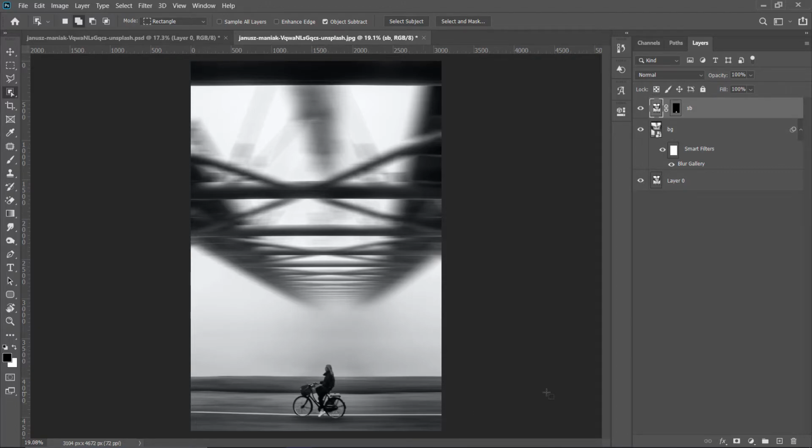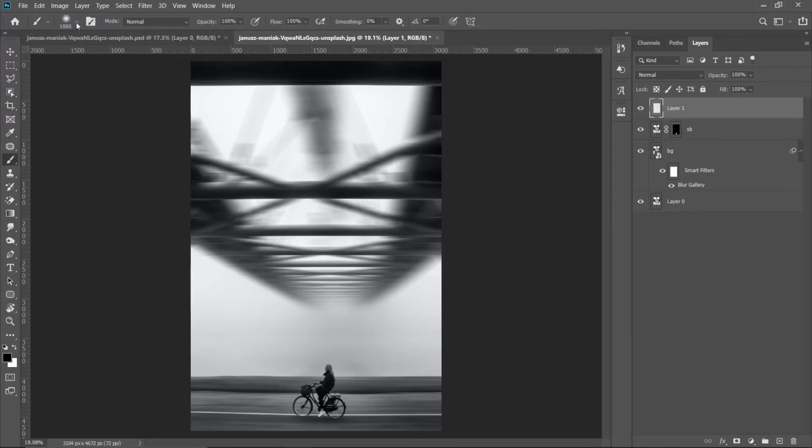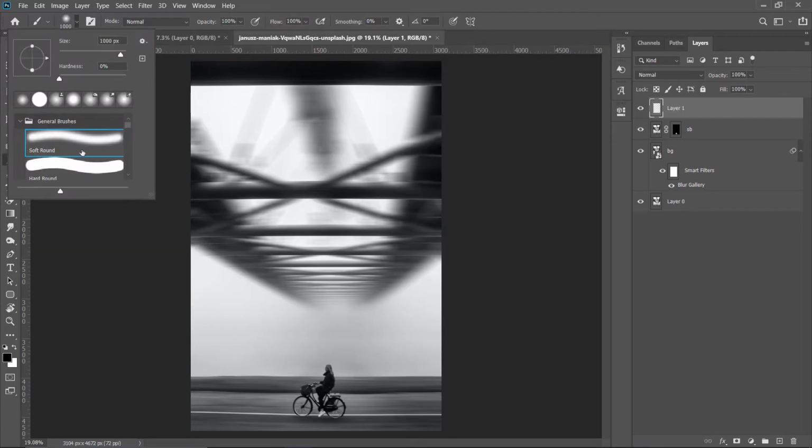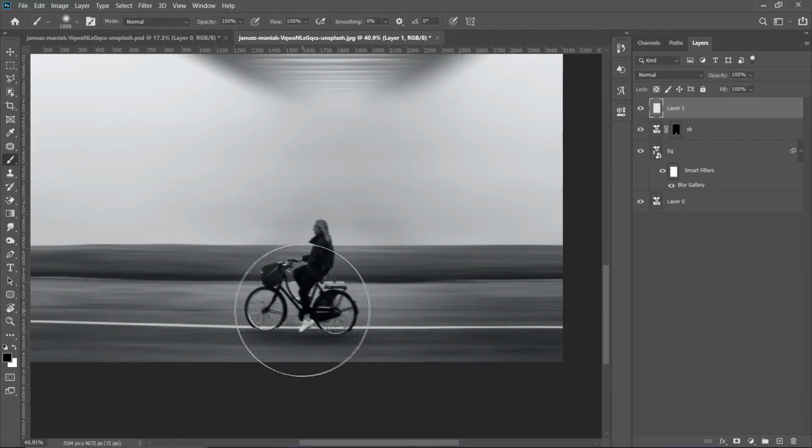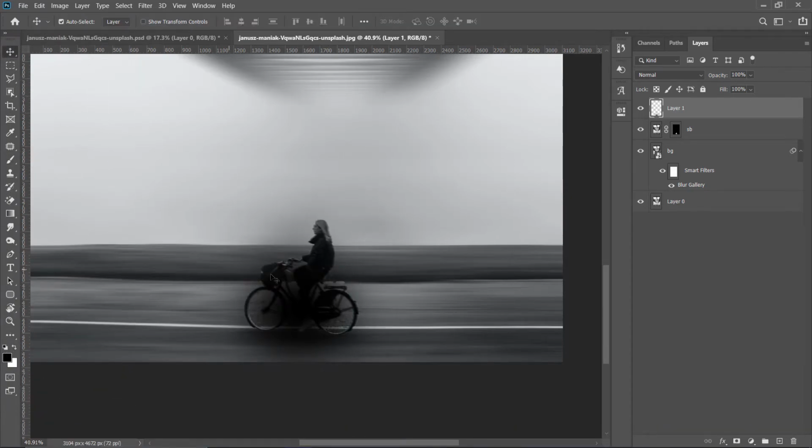Now this looks literally flat. So what we can do, we can create a new layer and select your brush. Make sure your brush is a soft rounded brush and your foreground color is black. Just dab on your subject and select your move tool.